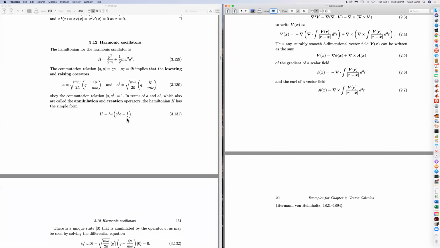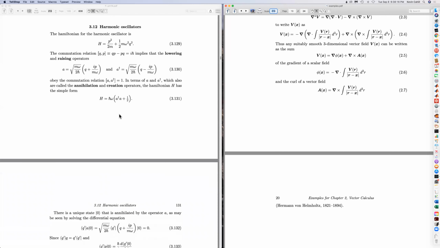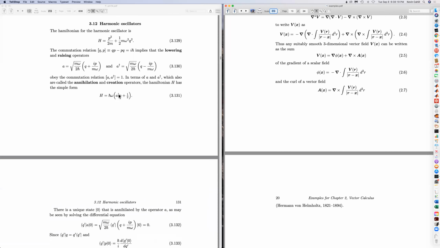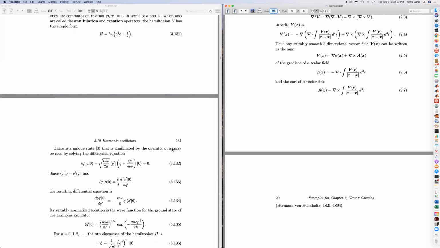And so the Hamiltonian for a harmonic oscillator is h bar omega times (a dagger a plus a half). A dagger a has integral eigenvalues and just counts the number, counts the level of the state. The eigenvalues of a dagger a are 0, 1, 2, 3, up to infinity. There's a unique state that's annihilated by the operator a, and to see that we take the inner product of